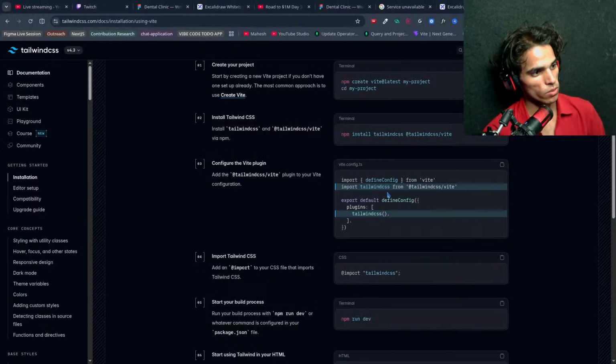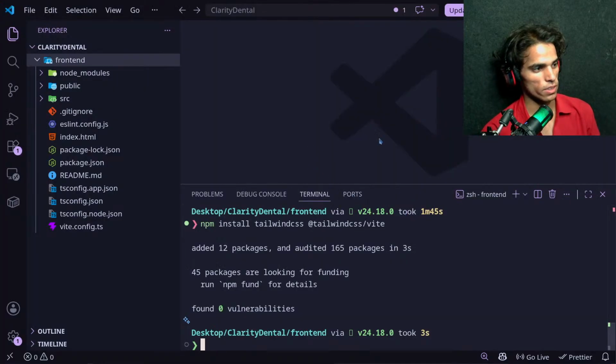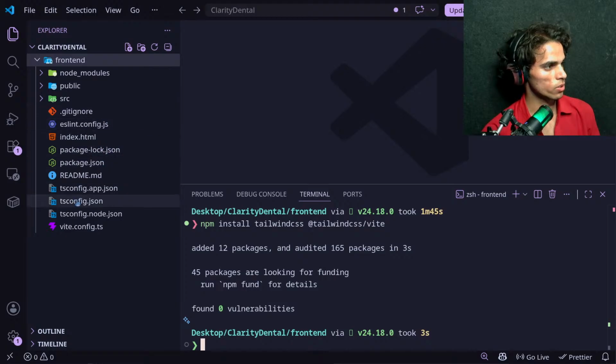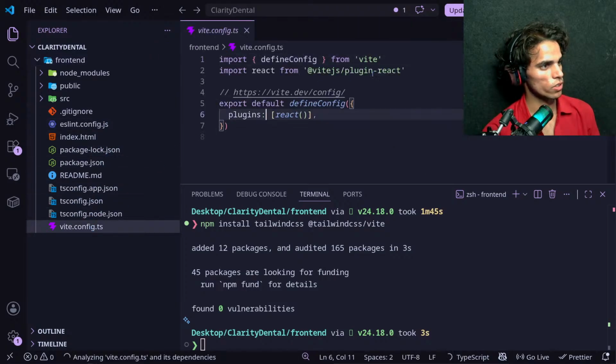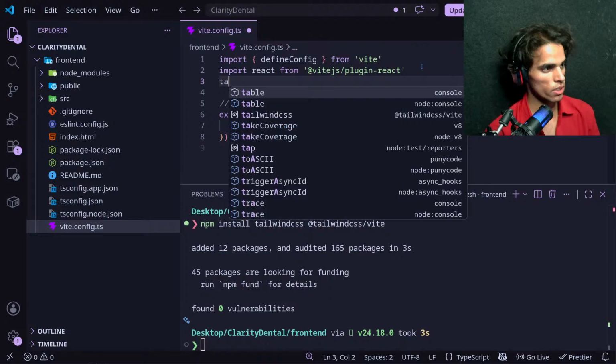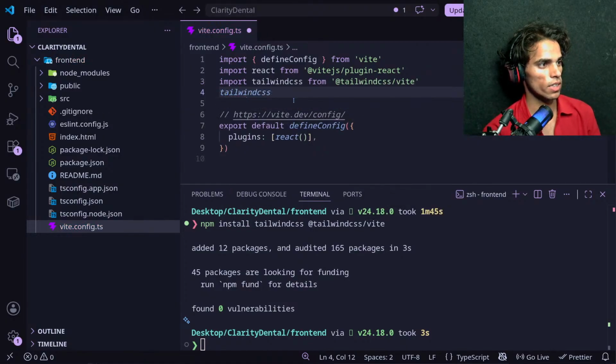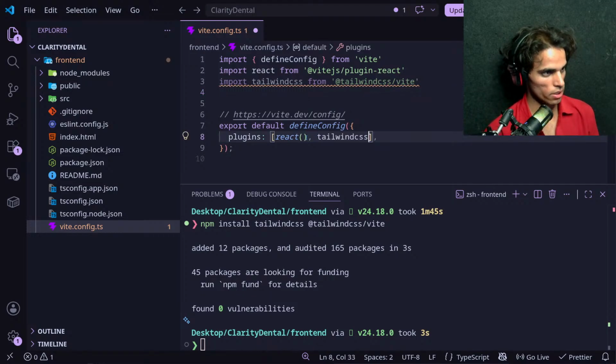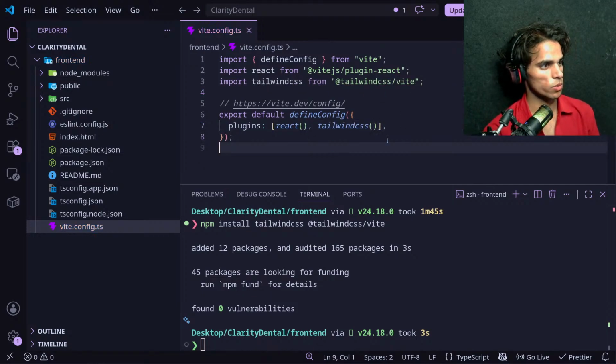After this, we are going to import Tailwind CSS in vite.config.ts, and then we will run this. Okay, so let's get into vite.config.ts, import Tailwind CSS, and so let's cut this and paste it here, and this is what we want to do.